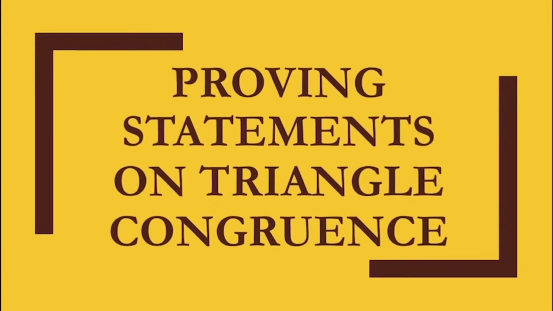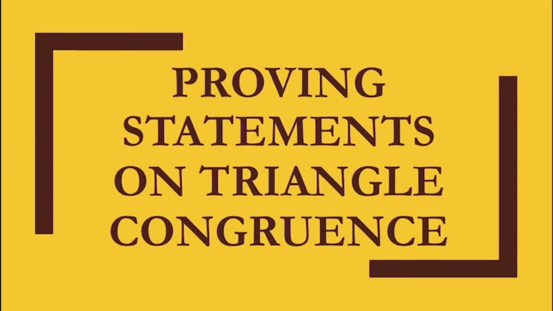Our lesson for today is all about proving statements on triangle congruence. From our previous lesson on triangle congruence, we learned that two triangles are congruent if the three pairs of corresponding sides have equal lengths and the three pairs of corresponding angles have equal measures. However, by applying the SSS postulate, SAS postulate, ASA postulate, AAS theorem, and HL theorem, we can also prove that the two